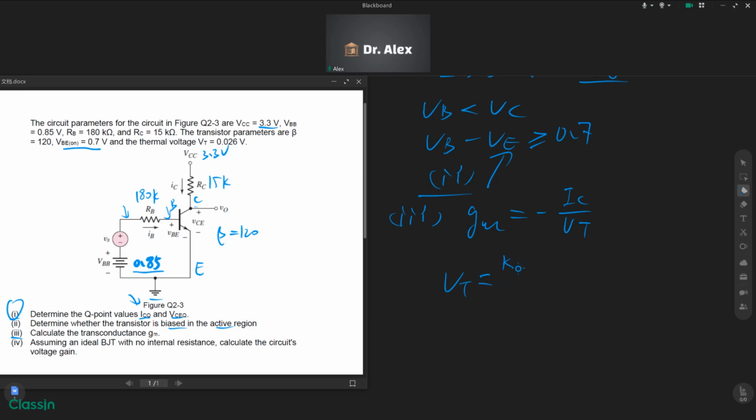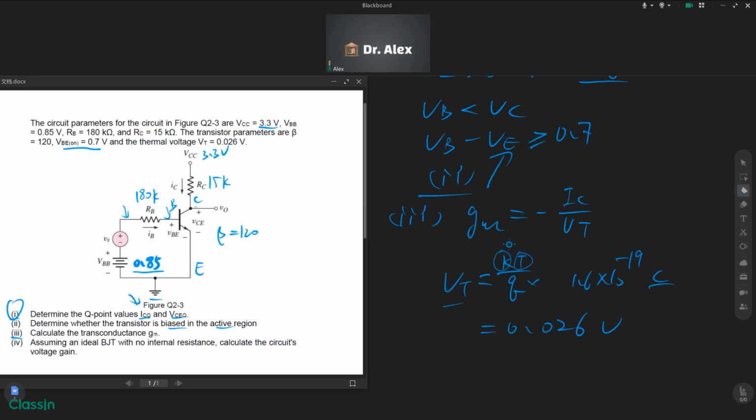Vt means kT divided by q. K is the Boltzmann constant, T is the Kelvin temperature, and q is 1.6 times 10 power minus 19 C. At room temperature,